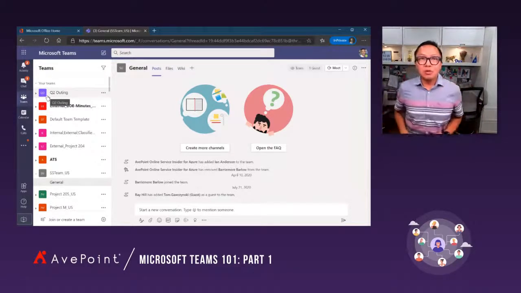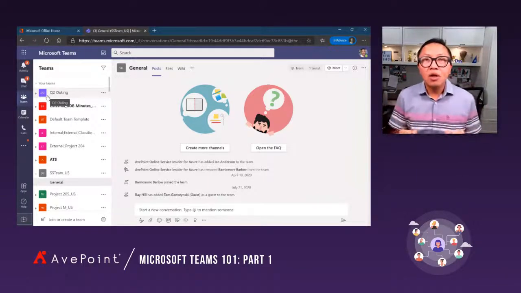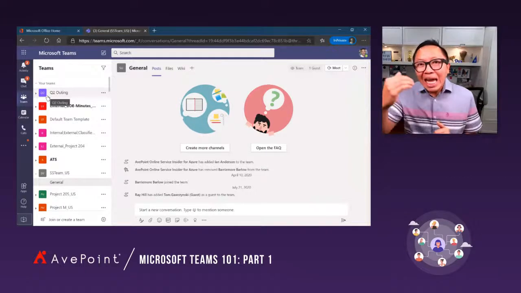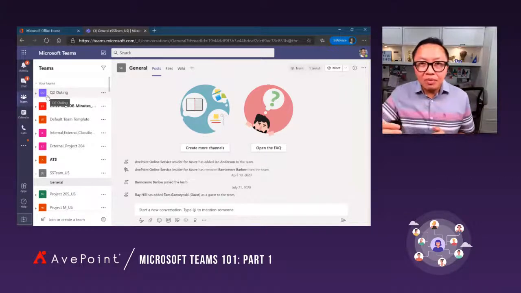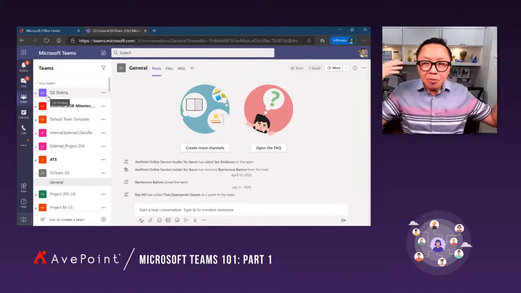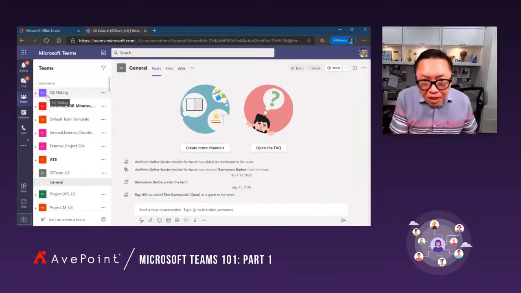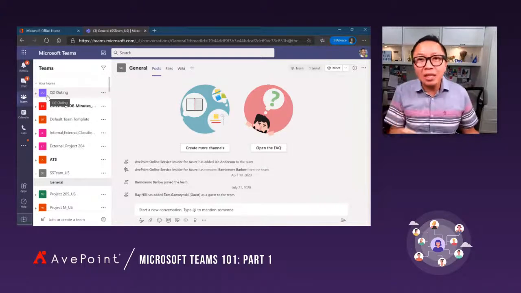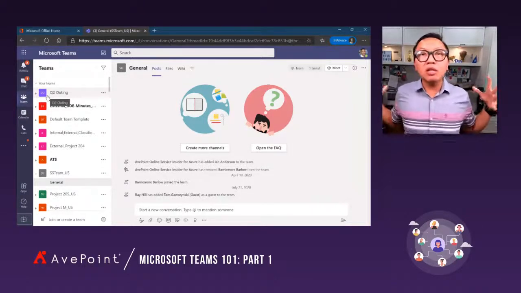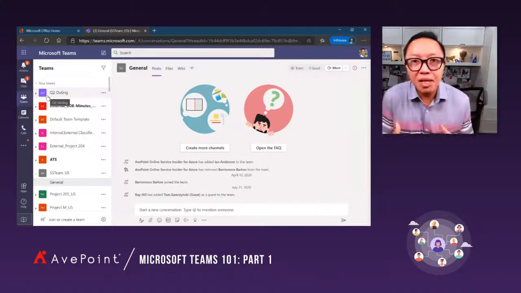So first and foremost, let's consider, when do I create a team in Microsoft Teams? And this is very important to put context, right? Sometimes people don't think about this. We use Microsoft Teams to create a team if we're working towards a common goal or a common project.